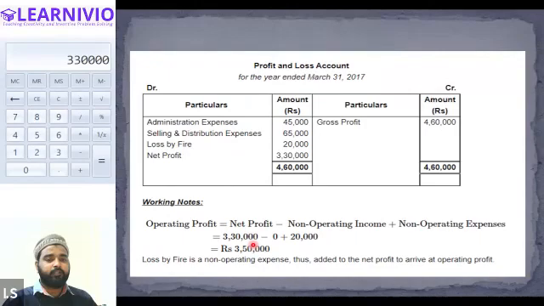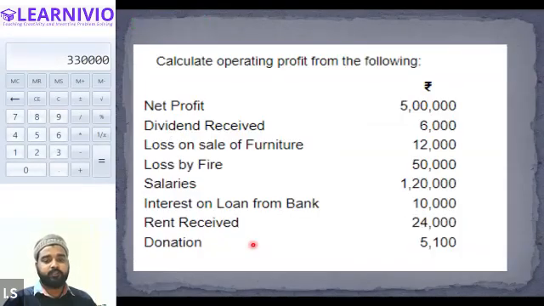This was the question related to the profit and loss account. So I am giving you one question for your homework. In this question, you will be required to find out the operating profit only. I have already told you the formula for finding the operating profit. This will be your homework. Is this clear, everyone? Just give it a try. And if you are not able to solve this question, I'll be solving this in the next class.